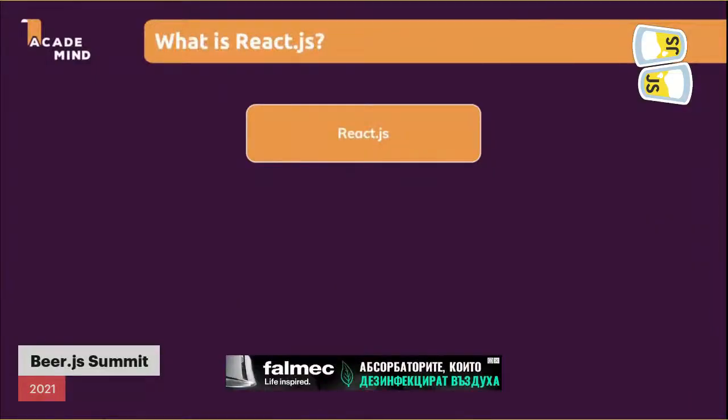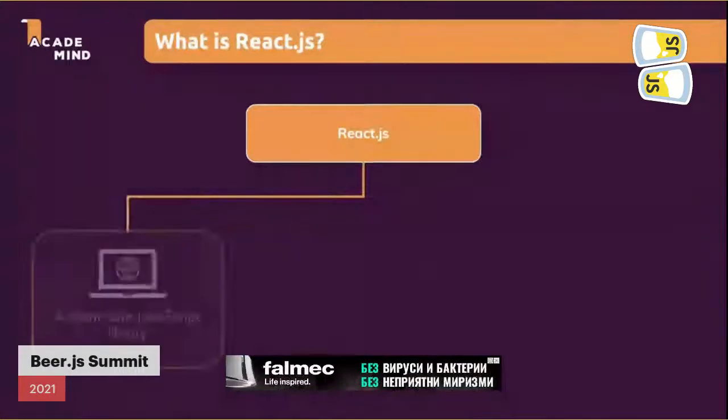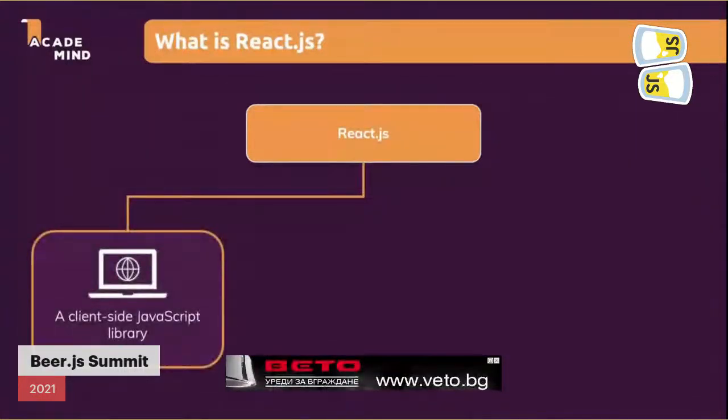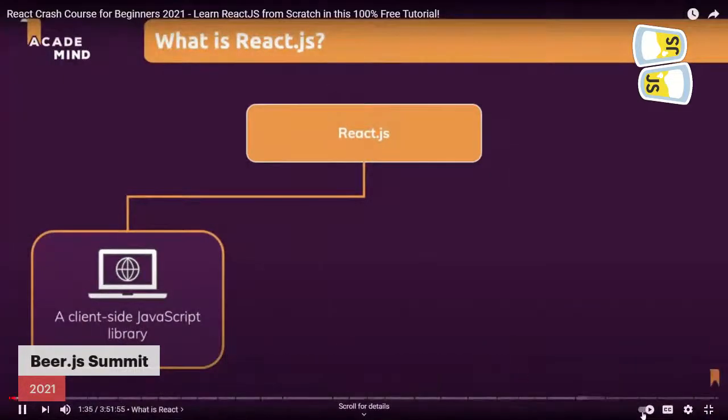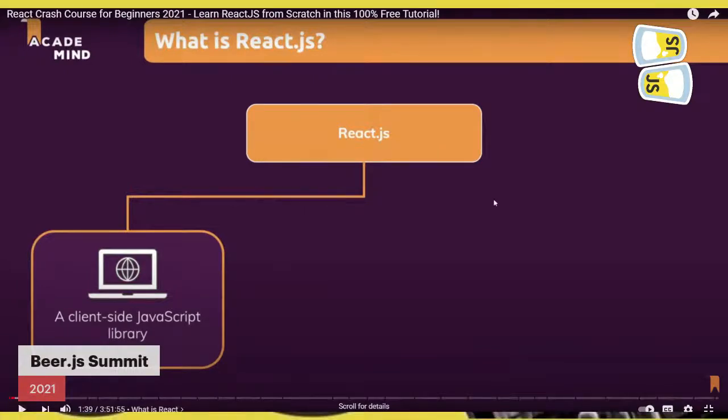React.js is a library, and to be precise, it's a client-side library. It's about client-side JavaScript. So the JavaScript code which runs in the browsers of your visitors. And that is important because we use JavaScript in the browser to manipulate web pages after they were loaded. And that allows us to build